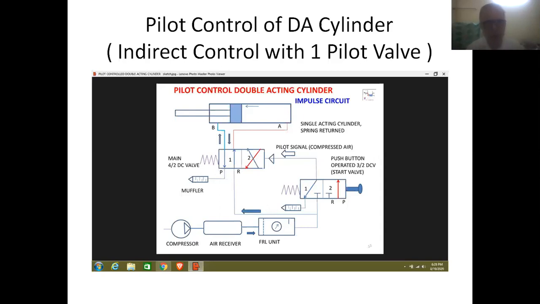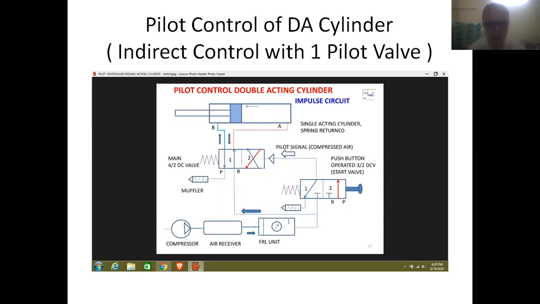So, therefore, it is called indirect control of the cylinder, and we are using a pilot valve for indirect control of the cylinder. So therefore, it is also called pilot control of the cylinder. So friends, this is the arrangement of pilot valves and DC valves ultimately used for controlling the operation of a